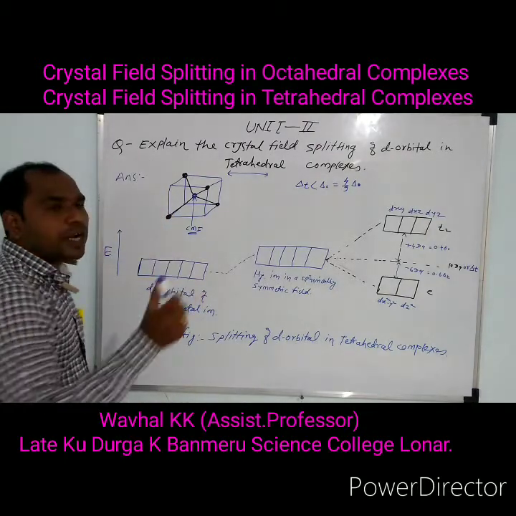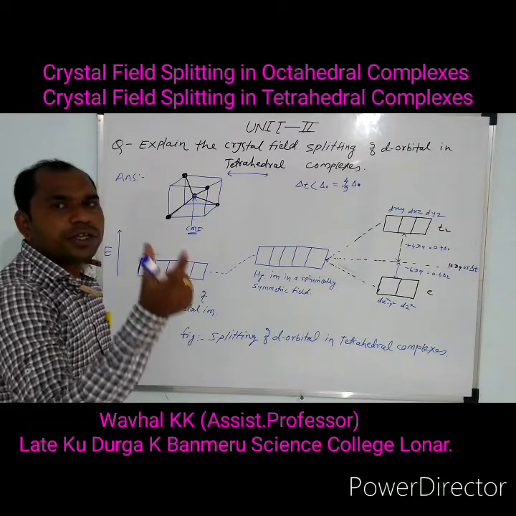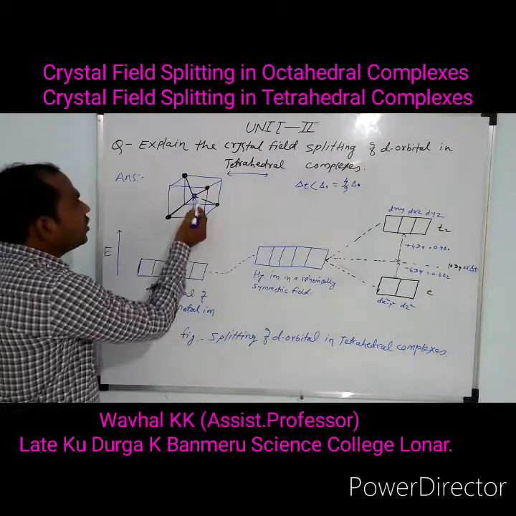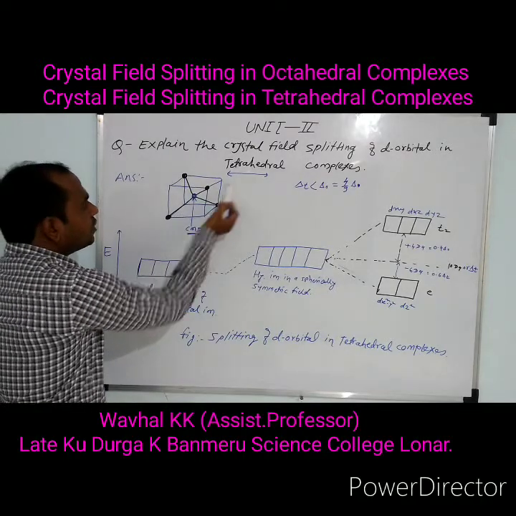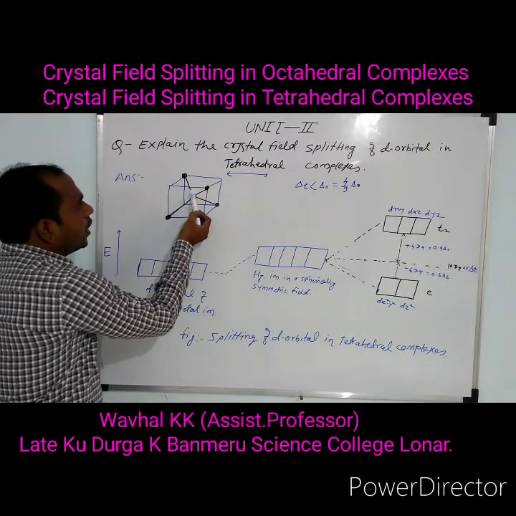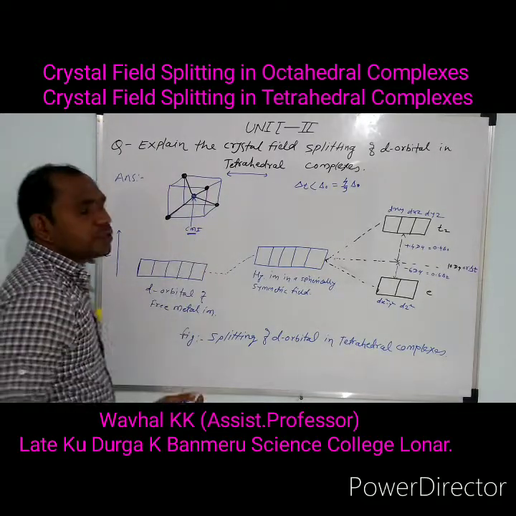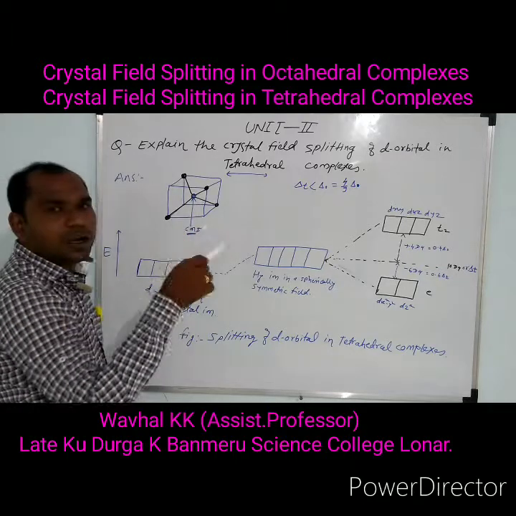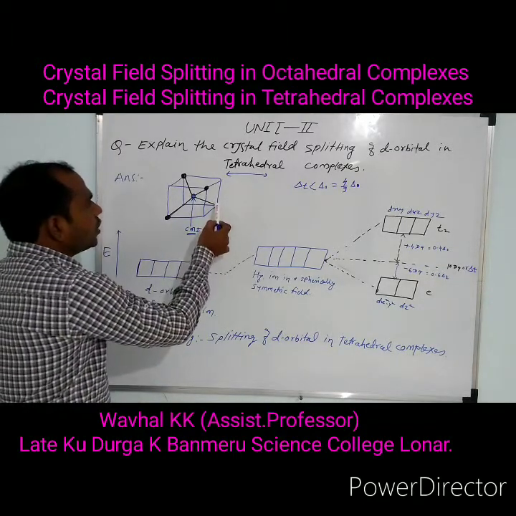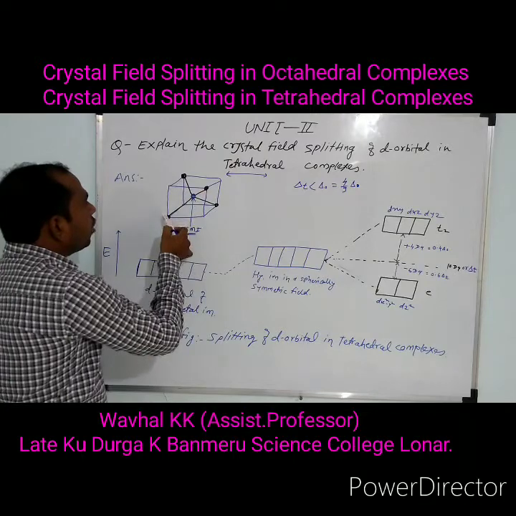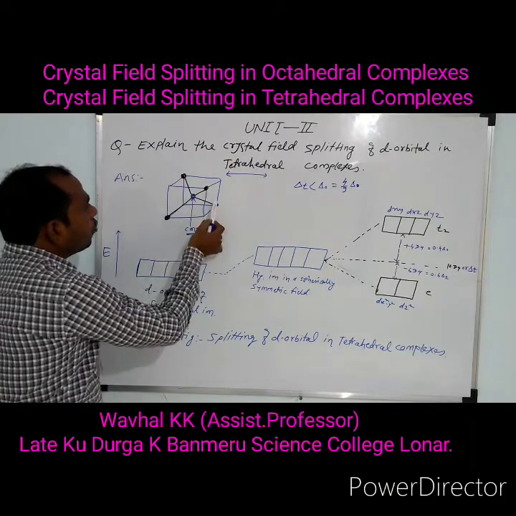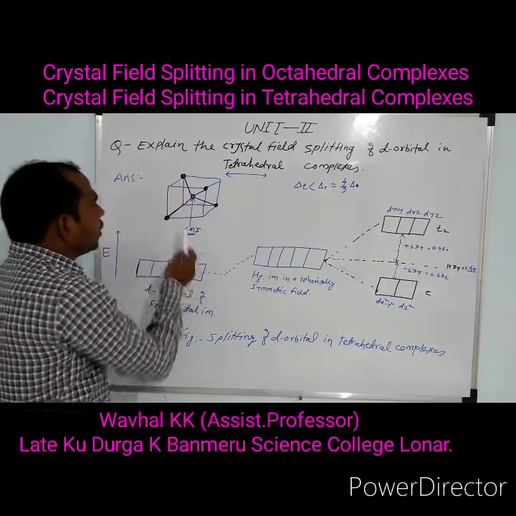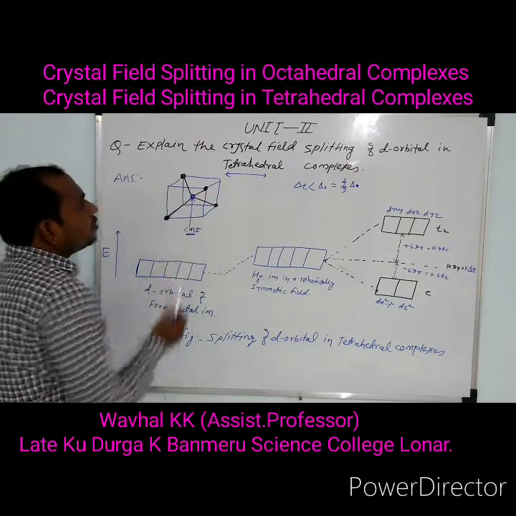Imagine the tetrahedron is placed in a cube. See here, this is the tetrahedral complex, and the four ligands are placed at four alternate corners of the cube. Here I place ligands 1, 2, 3, 4. These four ligands are placed at alternate corners of the cube, and the central metal atom is placed